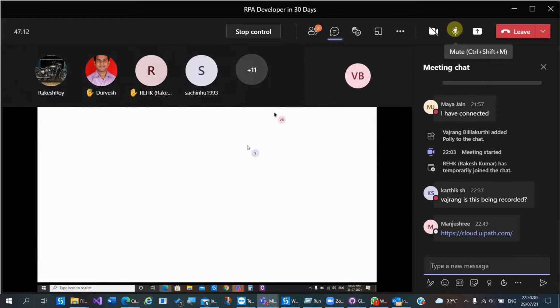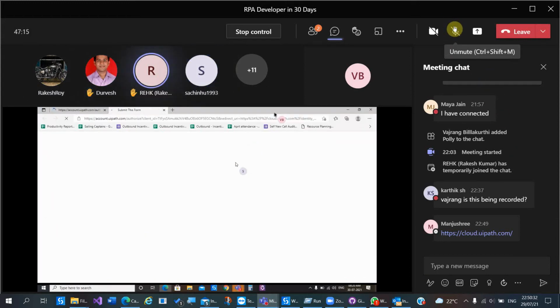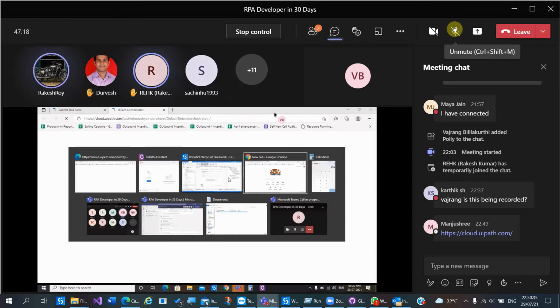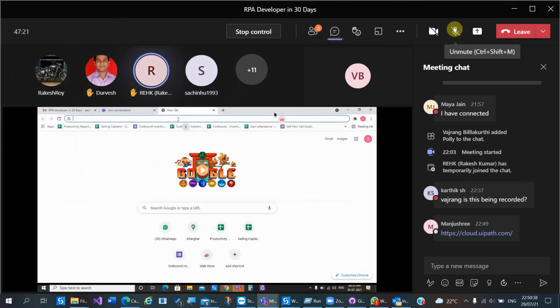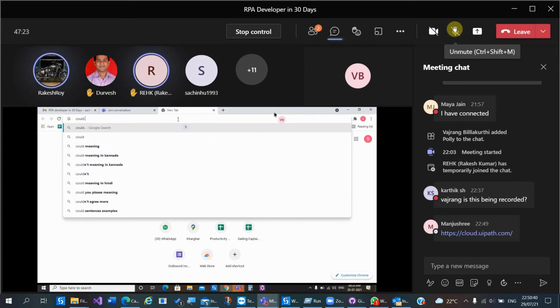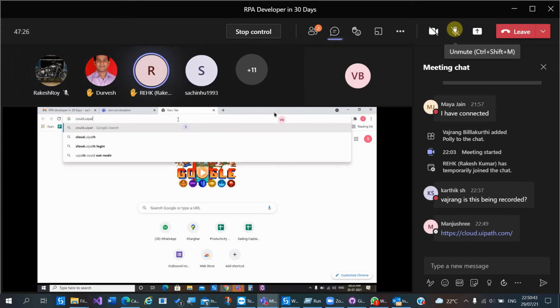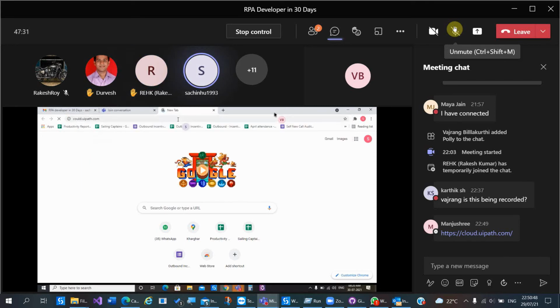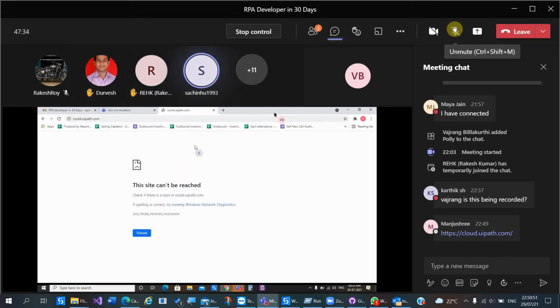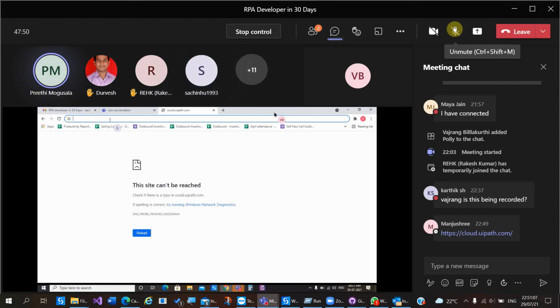Okay, go to Google Chrome, Sachin, and type cloud.uipath.com. I pasted the URL in the chat. In Teams, there is a URL, you just click on it. It might open.